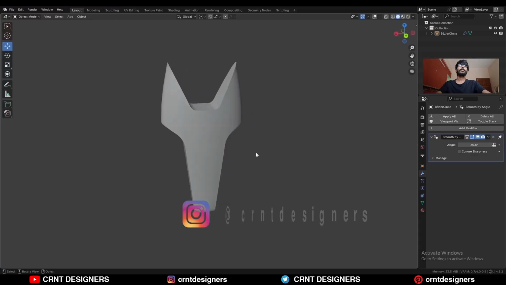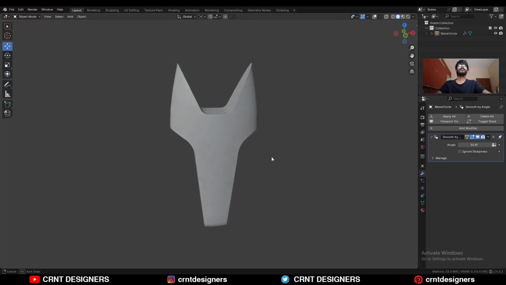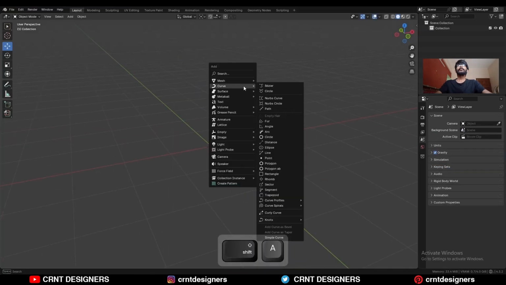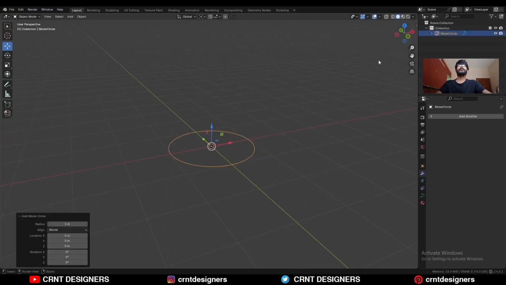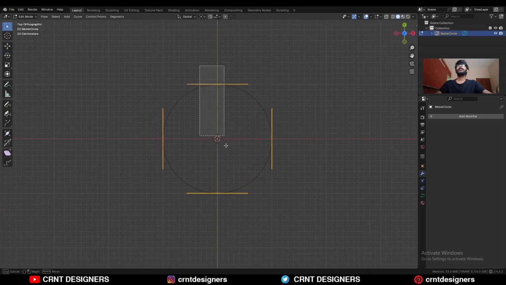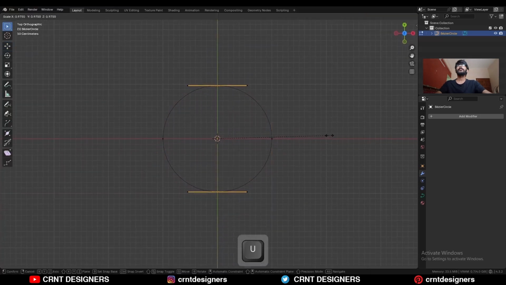In this Blender tutorial, we will try to create this kind of design. I'm going to delete this design and let's start with new. To create this design, I'm going to use the Bezier circle. Go to the top view, go to the edit mode, select these handles and then scale them along the y-axis